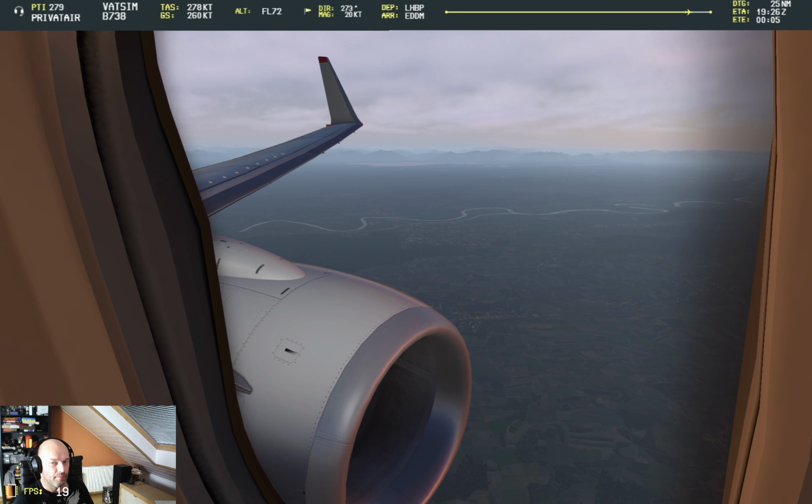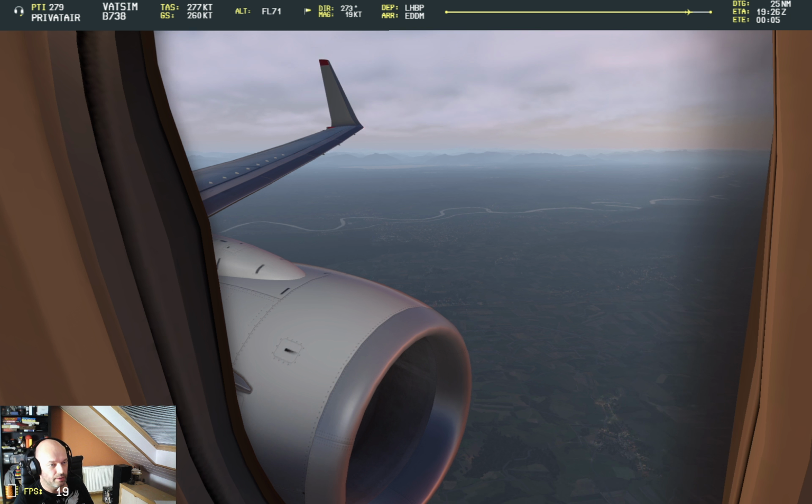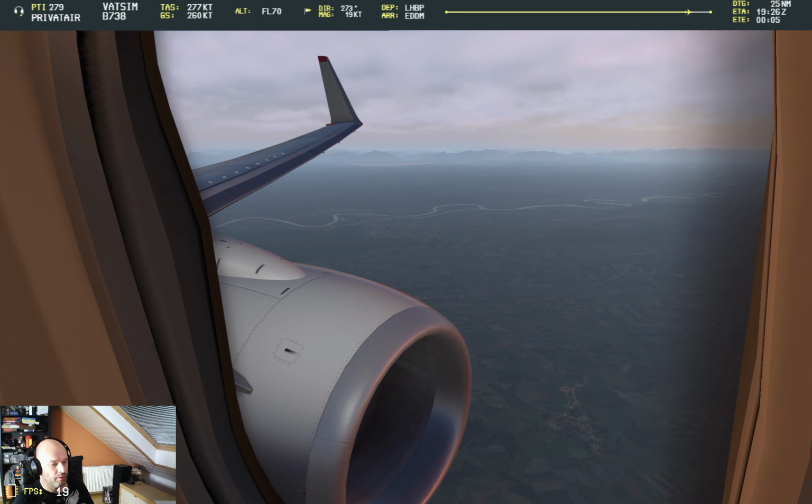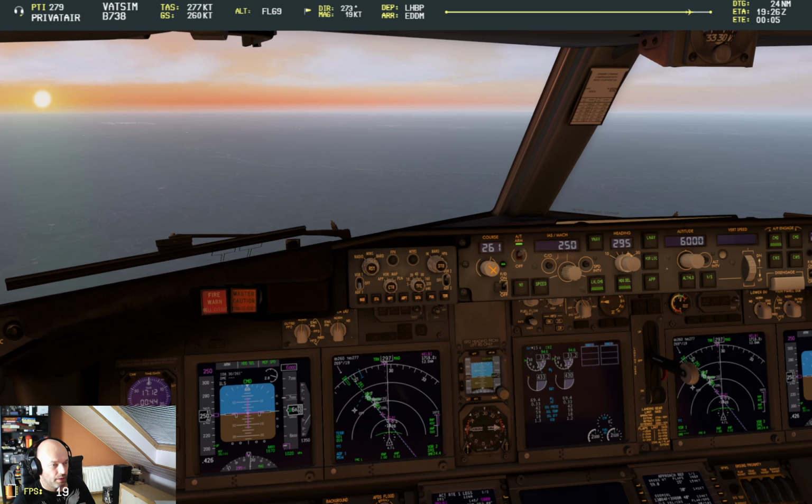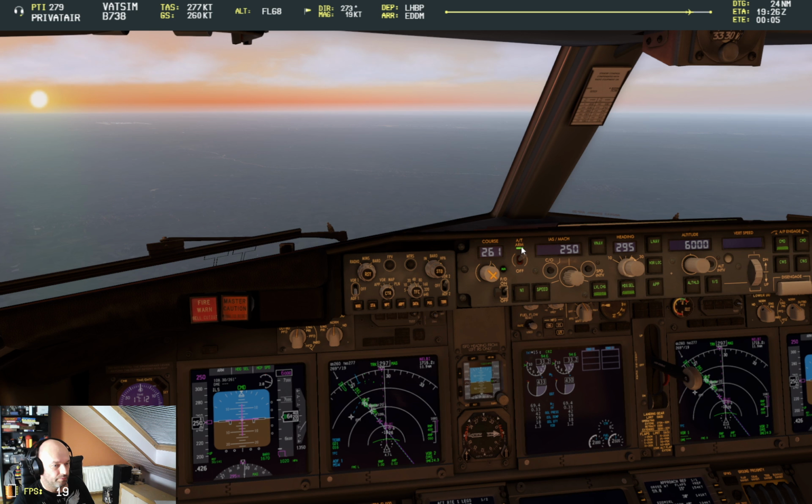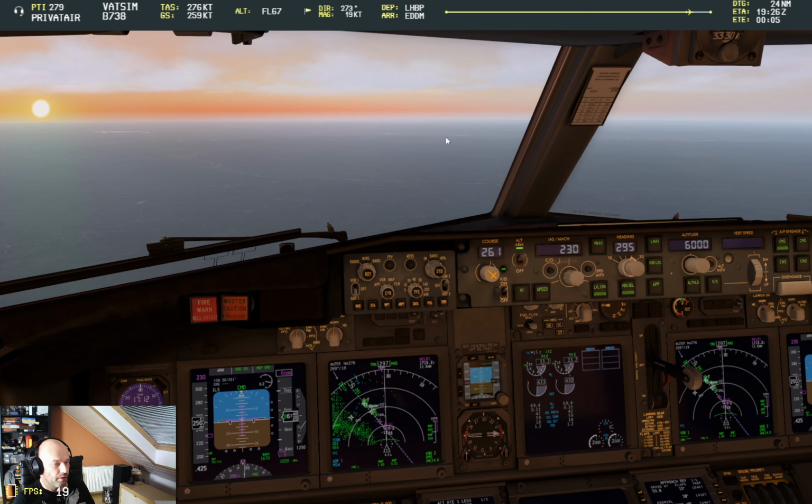Yeah, there are so many ways to calculate the vertical speed for a given ground speed. Let's reduce to 30. The other way,